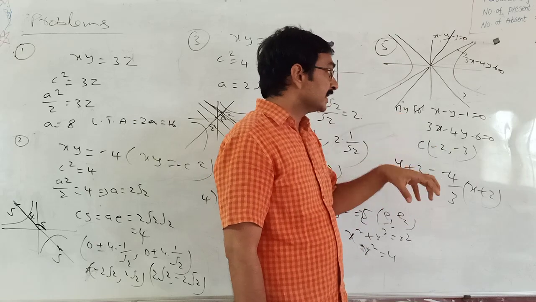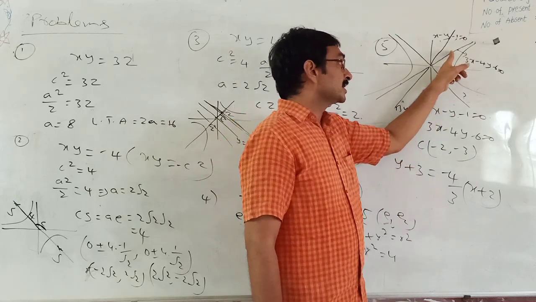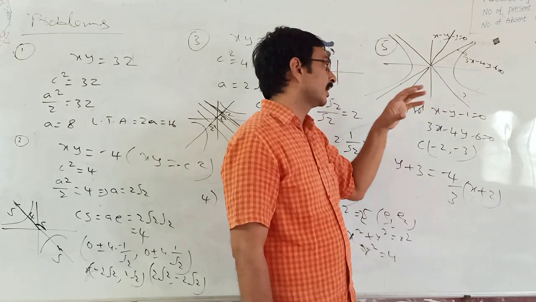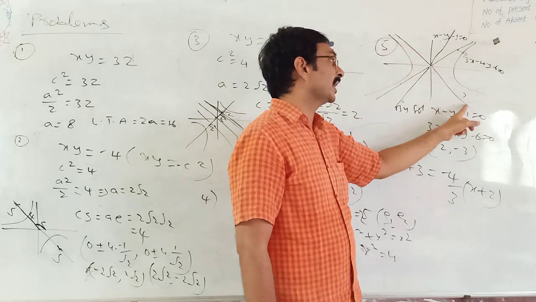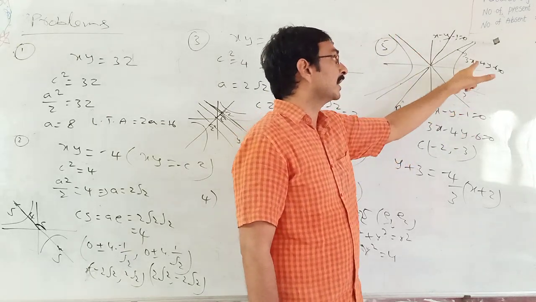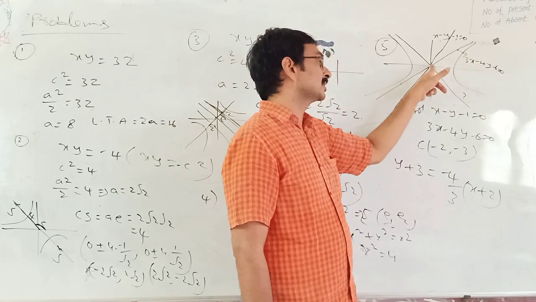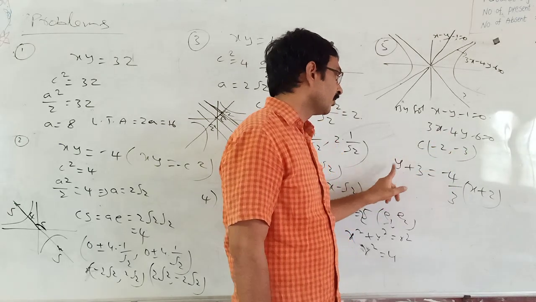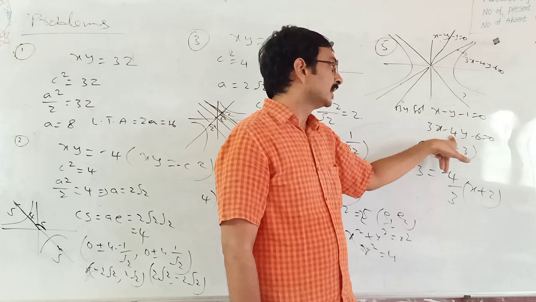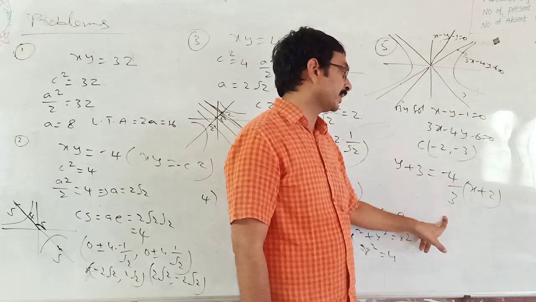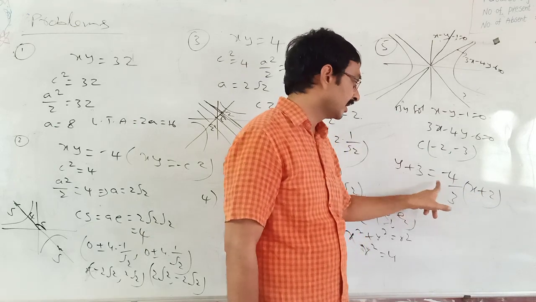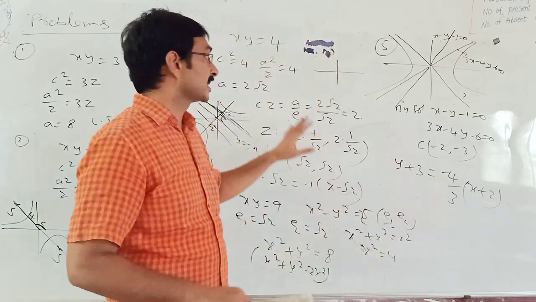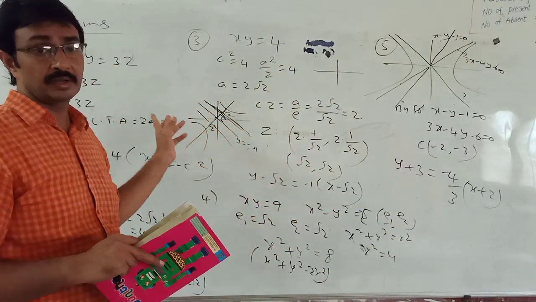Now, in this concept, asymptotes of a rectangular hyperbola are always perpendicular. Therefore, the second required asymptote is perpendicular to this one and always passes through the center of the hyperbola. Therefore, it passes through this point, perpendicular to this one. Y minus y1 equal to m into x minus x1, where for this one the slope is 3 by 4, so the perpendicular slope is minus 4 by 3. By simplifying, we get the other asymptote equation. Tomorrow we will discuss some more advanced problems related to rectangular hyperbola.